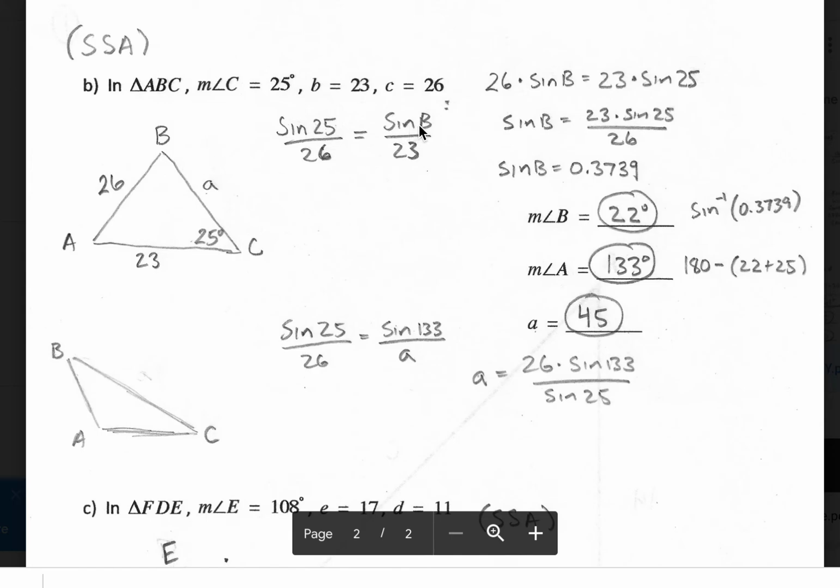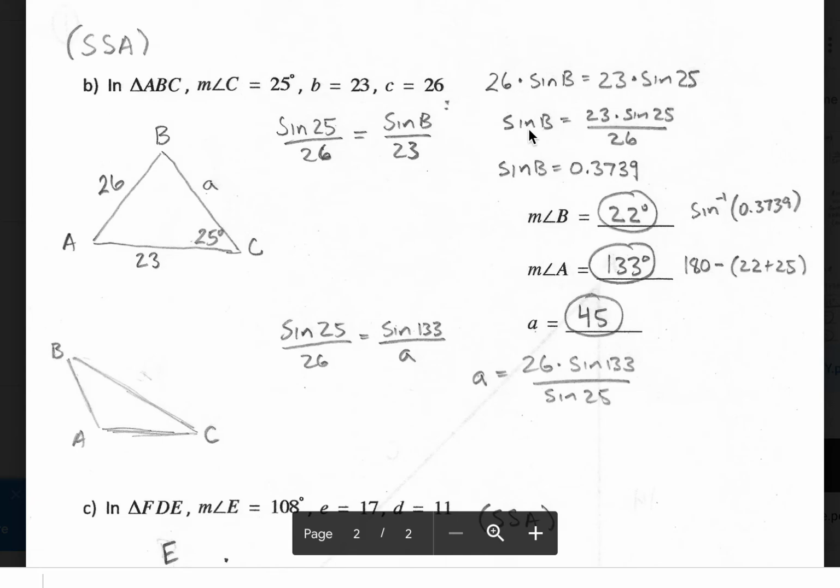All right, so set up sine of B over side length B of 23. And now we can cross multiply to solve. We're going to do 26 times sine of B, set that equal to 23 times the sine of 25. We'll divide both sides by 26. Notice that that doesn't solve for B, or angle B here. That is going to be a ratio